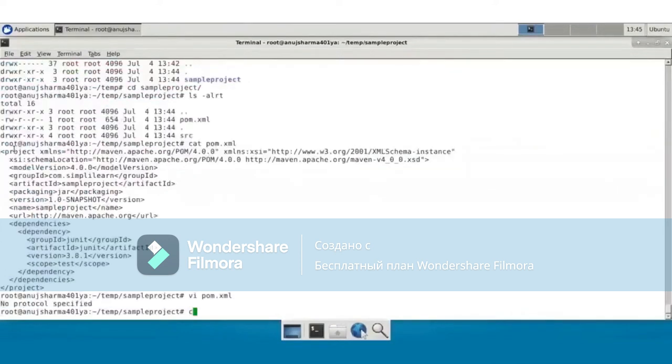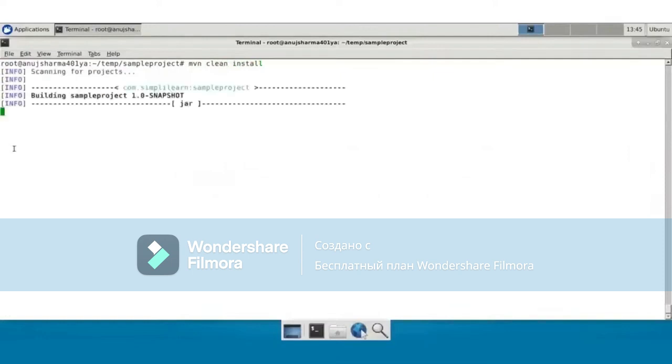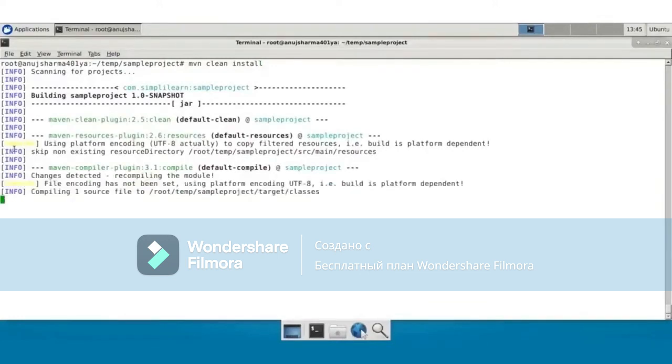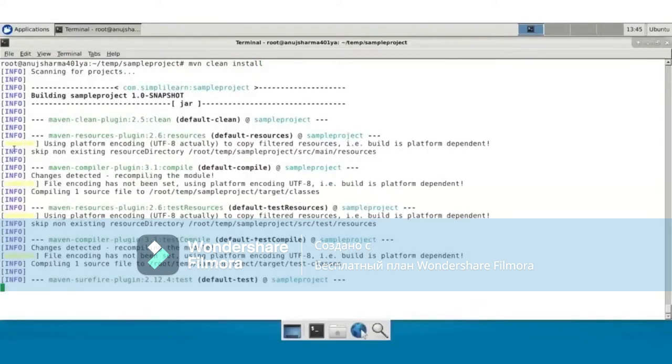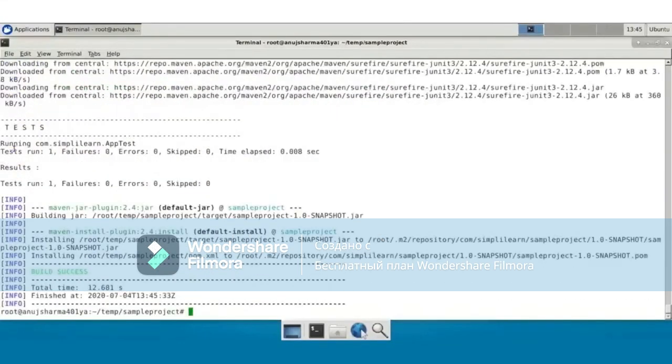Now in this case, if you run mvn clean install, it will be considered a Maven project, since a pom.xml file is already present in the local directory. According to that, the execution of the steps will be performed, and you will be able to get the desired values. Ultimately, in the target directory, you will see a jar file, this artifact, generated here. So this is how we can go for a generic, new project, and later on you can, depending